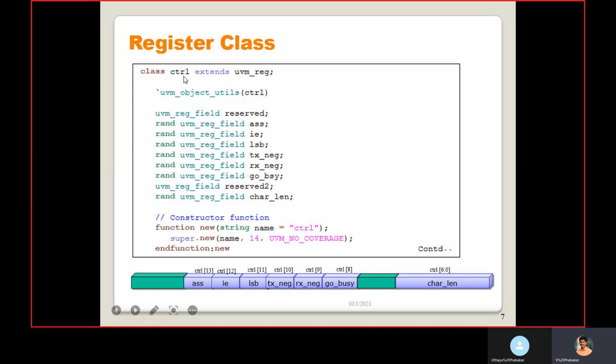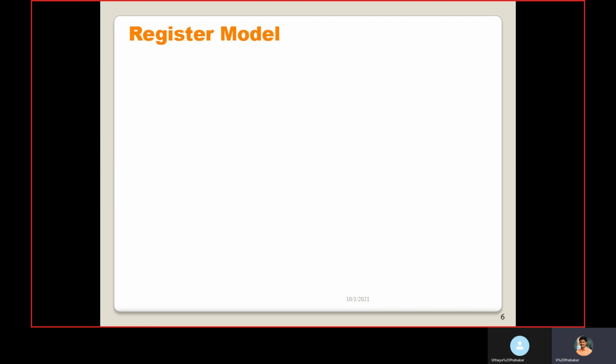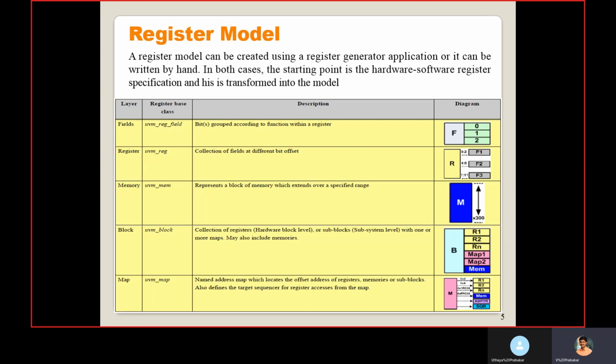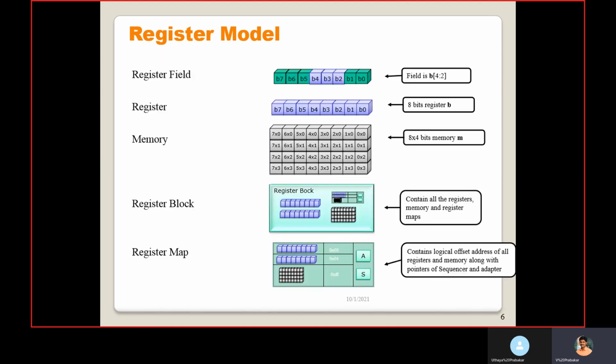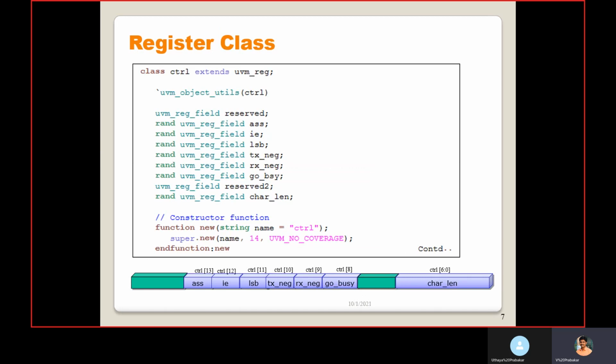Then this control we should register to the factory. Then with the help of uvm_reg_field, for the fields we are using uvm_reg_field. Using this we need to declare the fields.